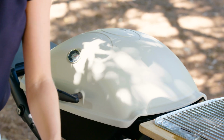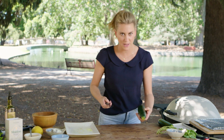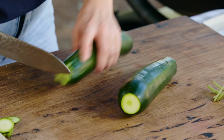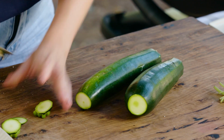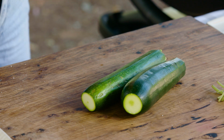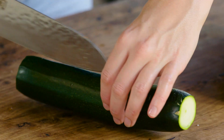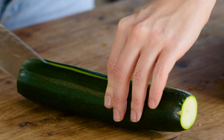Now, I want to serve this fillet of beef with a really nice char grilled zucchini salad. Super easy to do again. We'll just top and tail 2 medium-sized zucchini, leaving the skin on. It's got a really lovely delicate flavour, so it's going to go nicely with our fillet of beef. I'm going to cut them into 4, so straight down the centre